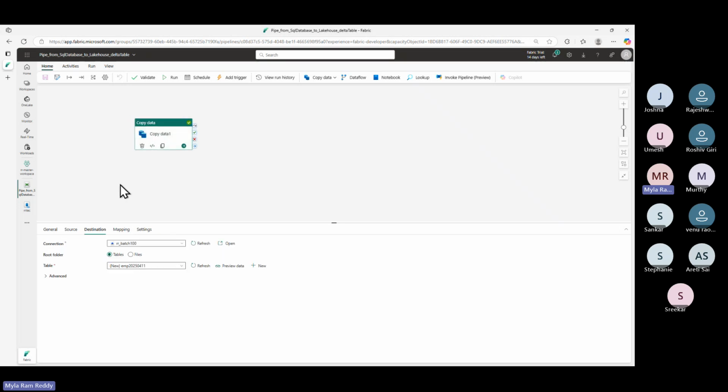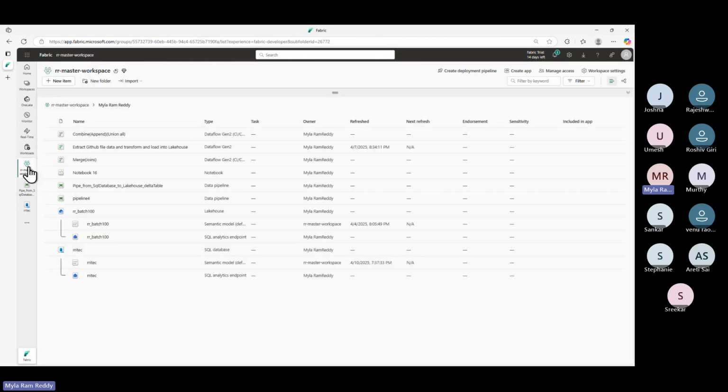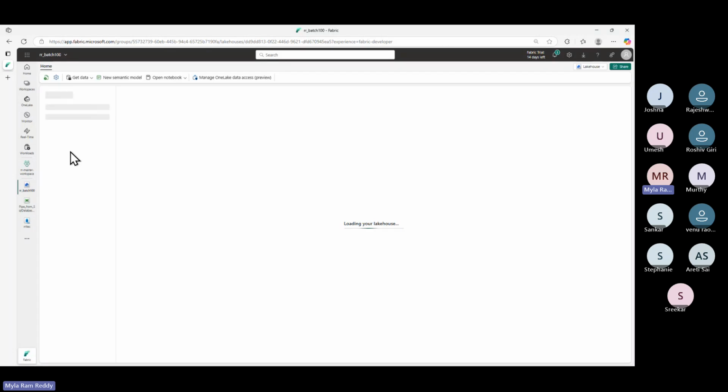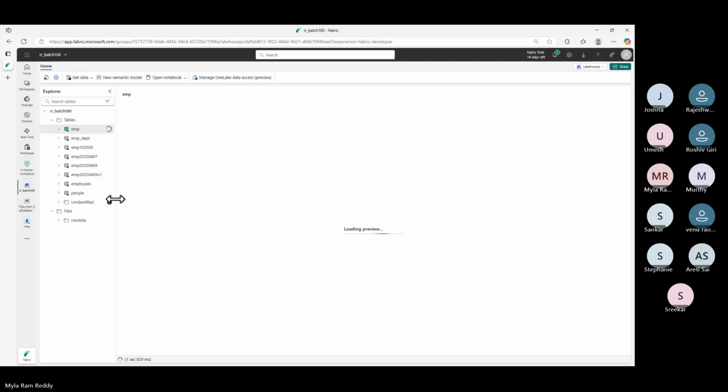Now, to confirm whether the Delta table is really created or not, go and open our Lakehouse. I am going to our workspace again. This is our Lakehouse. Click on the Lakehouse. Now, in the Lakehouse, with today's date, we should see one table here. Let me refresh. I'm going to the table level, then refresh it. Now you can notice there is one table, EMP